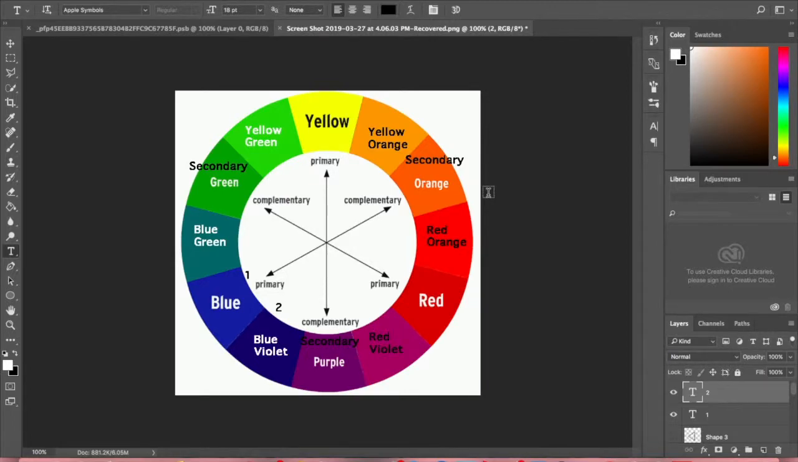Later we'll talk about how to use these more to set a mood, how to organize your warm and cool colors in an image for the most effectiveness, and there are other color harmonies that I didn't mention, so those will be discussed later. All right,